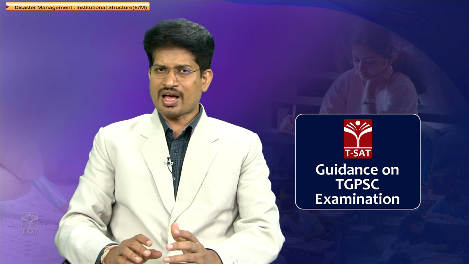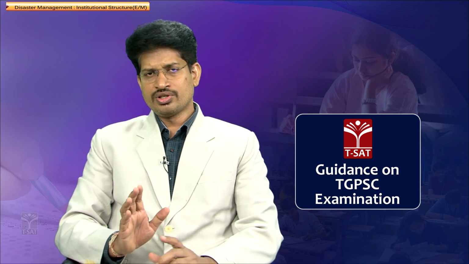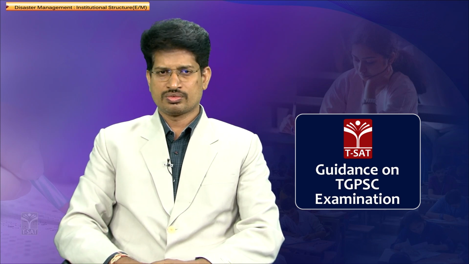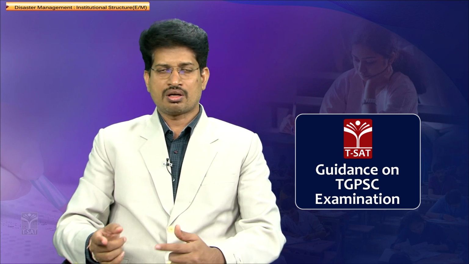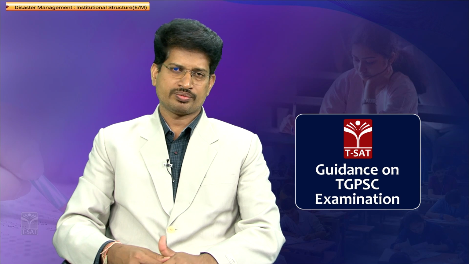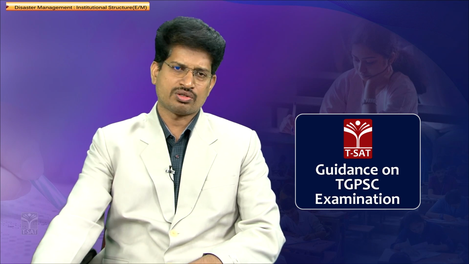So the necessary actions need to be intensified in a region where the probability of a specific disaster is more, so that the recovery can be made very speedy. This is one of the main aspects of